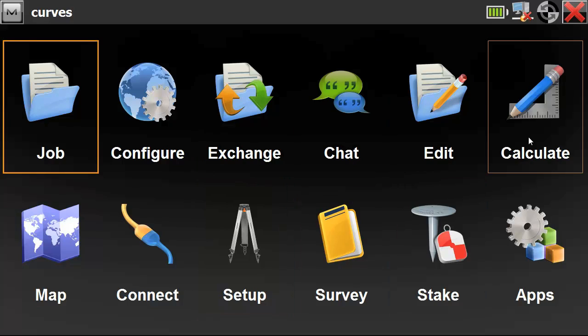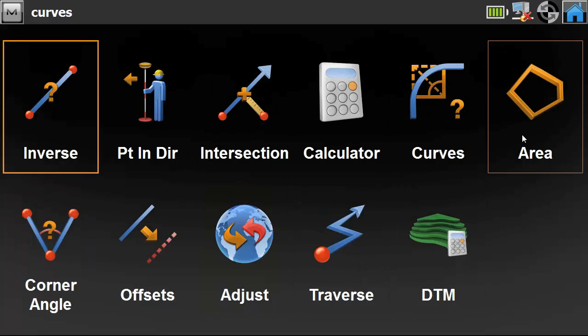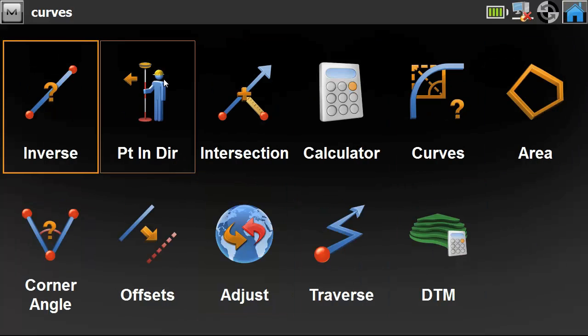And for those of you who don't know, COGO is coordinate geometry, and it's kind of an older term that some of us older surveyors are familiar with, but not everybody new to survey is familiar with that. So I think Calculate hits it on the nose. I like that. I'll go into Calculate, and then from within the Calculate menu, we're going to go ahead and